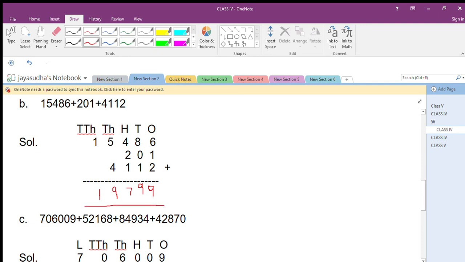First you have to write the place values. Then write the numbers according to your place value, write the digits. So whenever you start the numbers, you have to start from the ones place onwards. So first you have to write the ones place, then follow up with the tens place, hundreds, thousand, 10,000 like that only. So this is the answer to the second sum. Okay, then move on to the third sum.